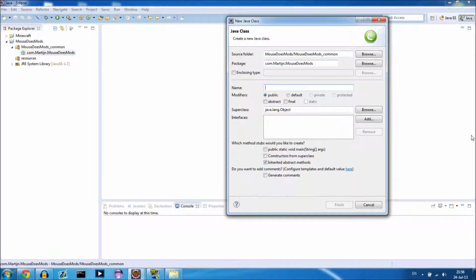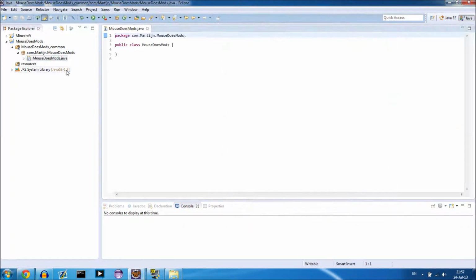Now the main mod file should be the mod ID, and a mod ID is a specific name that only one mod can have. For Equivalent Exchange it's EE3, Equivalent Exchange 3. So get a basic mod ID that you want and type it right here. I'm gonna do mouse.mods as my mod name. Cool. So as you can see right now, it automatically declared the package and it created a little bit of